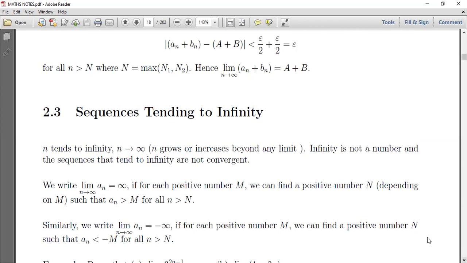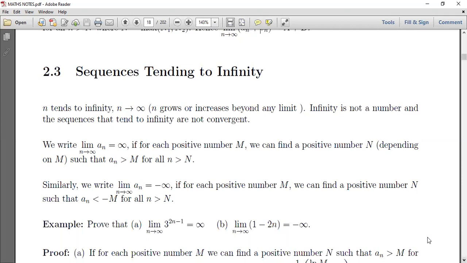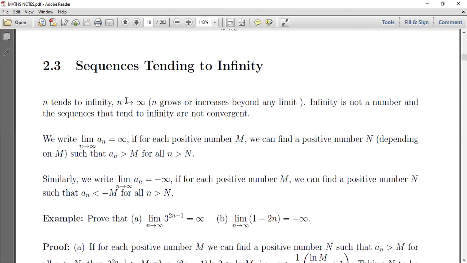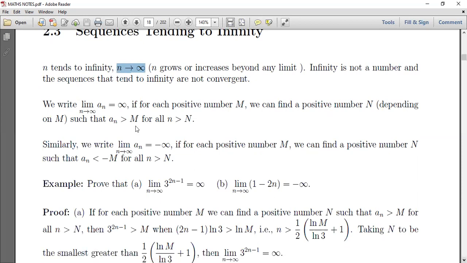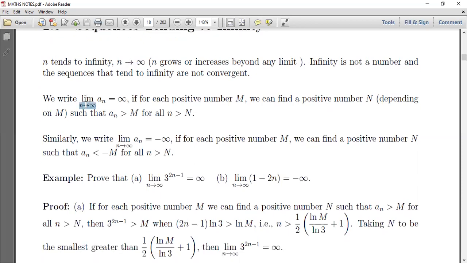Then, sequences tending to infinity. Some sequences are finite, some sequences are infinite. As n tends to infinity, we write it as n approaches infinity, which means n grows beyond bounds. Infinity is not a number. So we write that the limit of AN as n approaches infinity is equal to infinity